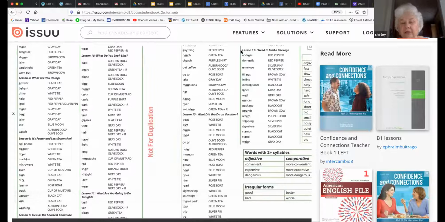So now the students, when they get home, if they're reviewing the vocabulary and they're not sure how to pronounce something, they can use the glossary to review all of their vocabulary words. And they're coded now. So address, red pepper, address, red pepper, domestic. They've underlined the stressed vowel, bolded it as well as underlined it, and then written what the sound is.